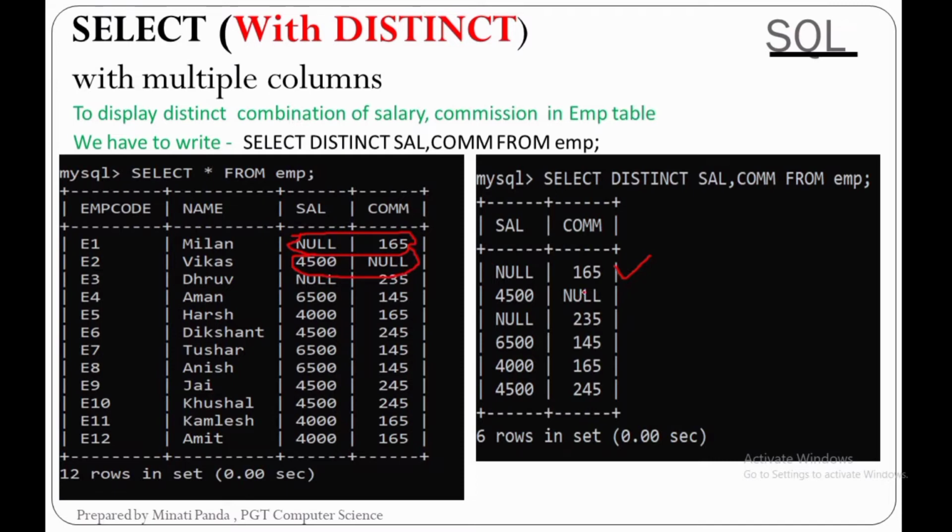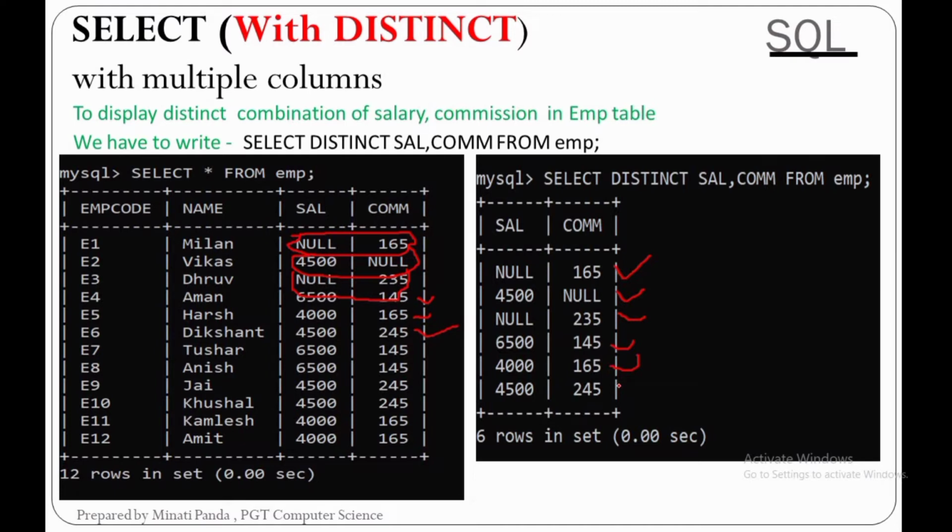There are 6 unique combinations of salary and commission in the EMP table, and in the result set we will have 6 rows. It will also include null values.